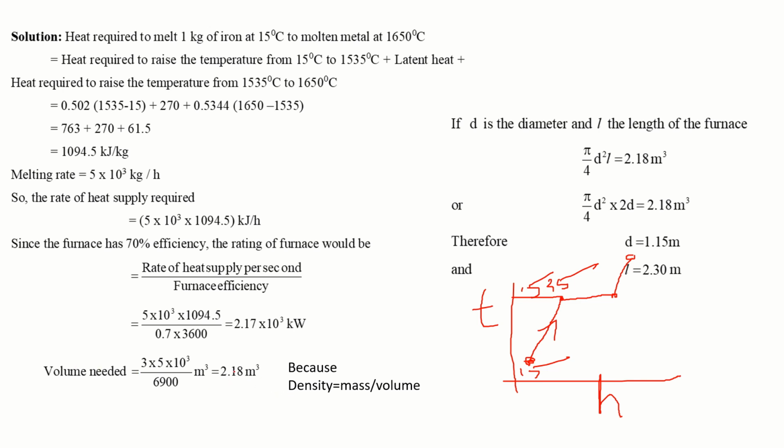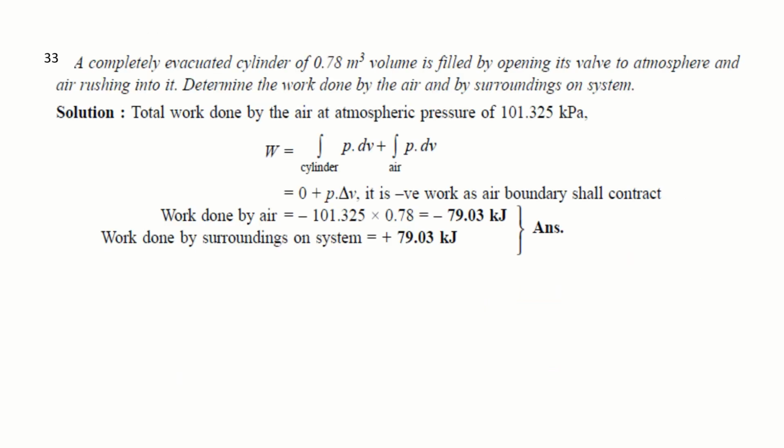It is a cylindrical furnace. Volume of a cylinder is given by pi by 4 d square L. And again he has given the relationship between d and L. So L is 2d, I have substituted, and from this I have got the diameter. So once you know the diameter, we can always find out what is the length. So that's how you can design the furnace volume and size basically.